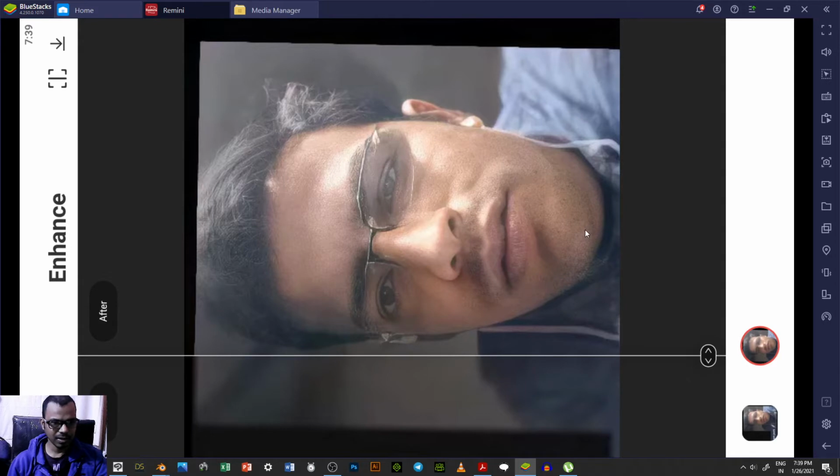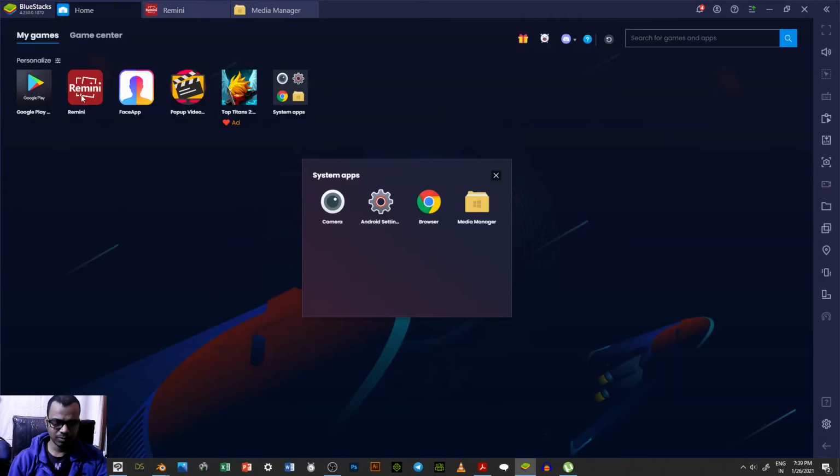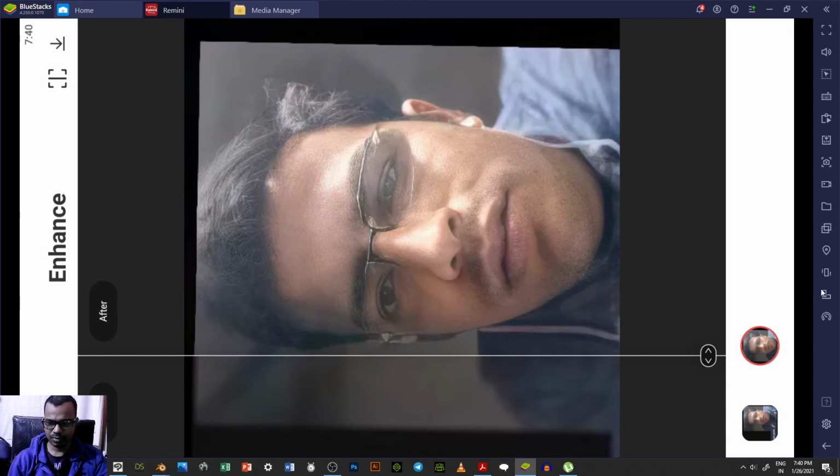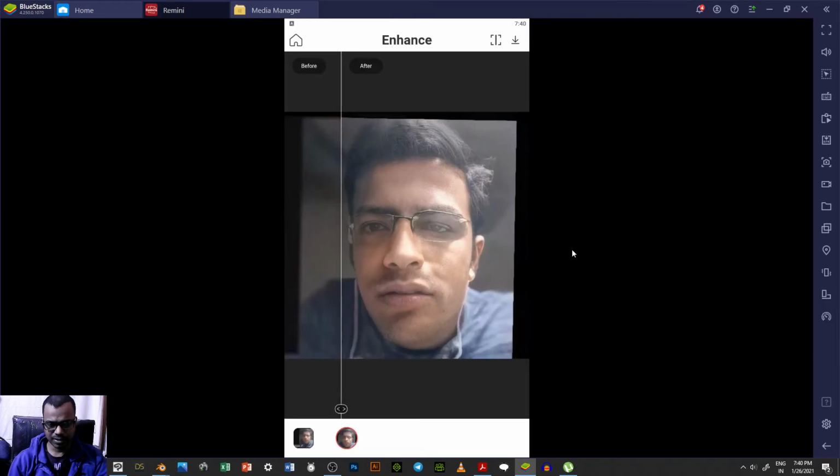But yes, I am quite convinced with the result, and this is the best app I have seen. Some scope is there in Photoshop, but to my finding, I have used 3 or 4 apps. Remini remains the best. Just remember this app, and you will see it has a 4.7 star rating on Google Play. A great app, and very much useful. So that's it for the tutorial.